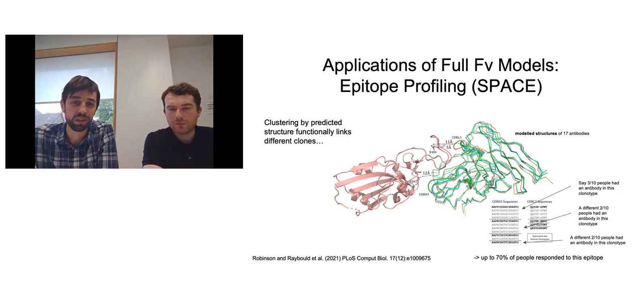And this allows you to do epitope profiling, and to really not just say that these are likely to bind to the same epitope, but which epitope they're likely to bind to. And from the CDR3 sequences represented across these antibodies here, we can see it's a huge diversity of sequences all linked to the same epitope.